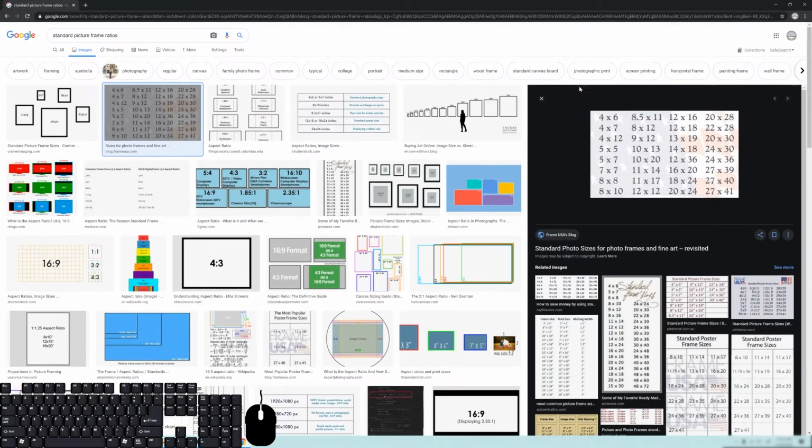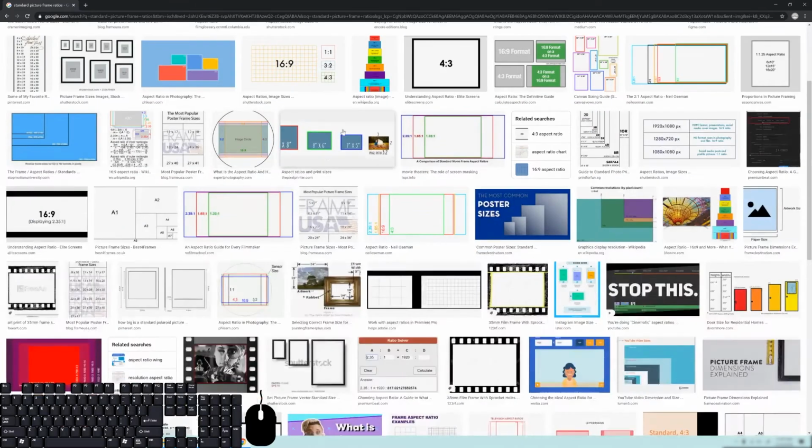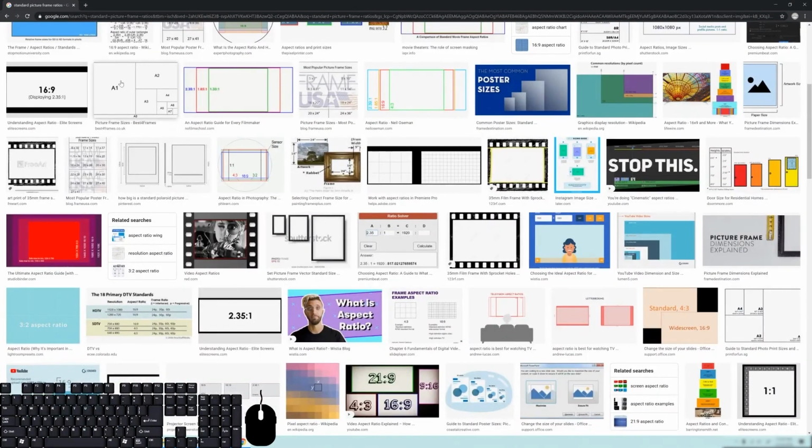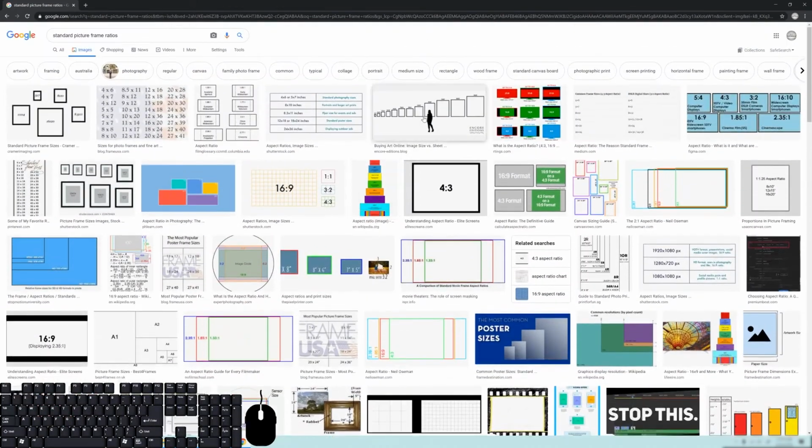But you can take a look at some different charts here and just take a look at how they've done these compositions, or what size picture frames are really popular, and that'll give you some idea about what you should look at doing for a piece of fine art. And whether you do it horizontal like this or you do it vertical,